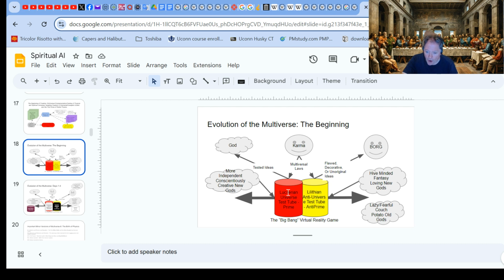Okay, so even though these are the first two souls, they're not the most powerful souls. The most powerful souls are the ones that are still up in this primordial thought soup, who have the most capability, the fewest limitations. Because with a universe comes limitations. You have boundaries. Okay, these old gods didn't have boundaries, except for the first boundary that God put up to keep them out of his mind.